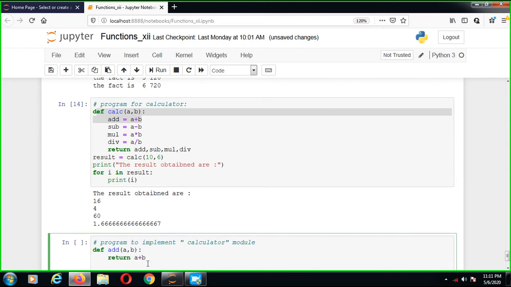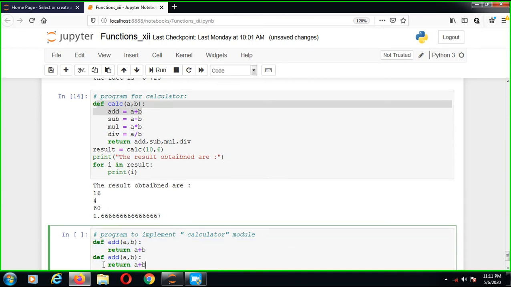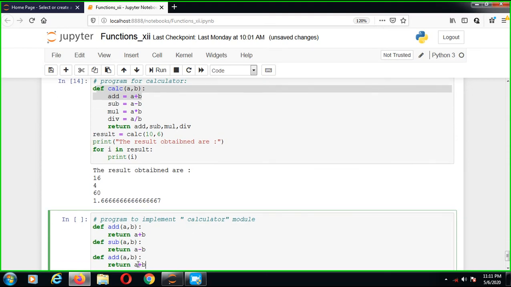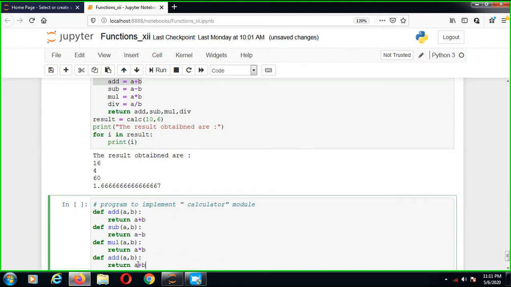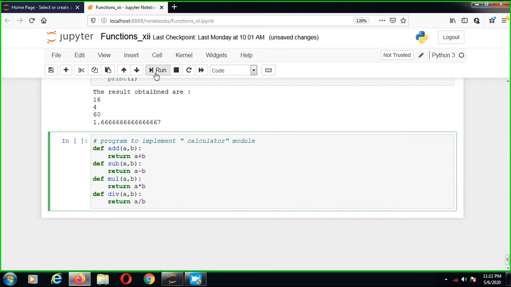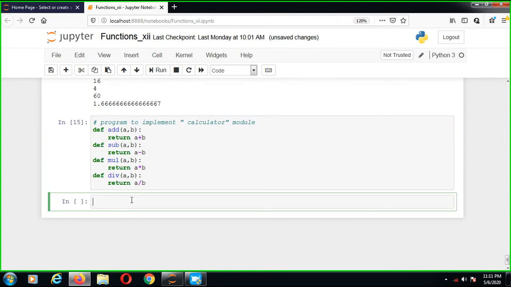Now for another one we just copy paste, and this is the name of subtraction. The formula will be changed. Now another copy paste. We just change the name of the functions, and the formula will be changed. And for another one we once again use copy paste, divide, and use div. So these are the separate modules we can use. Now how can we execute? Just execute the program and see the output.